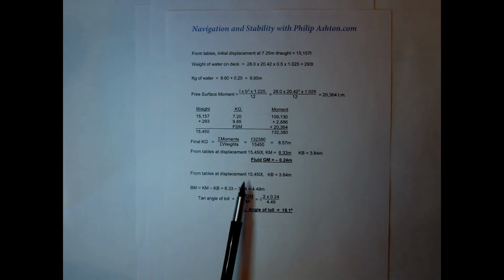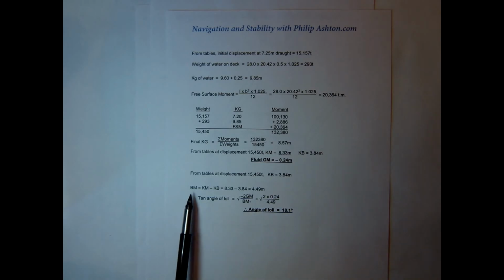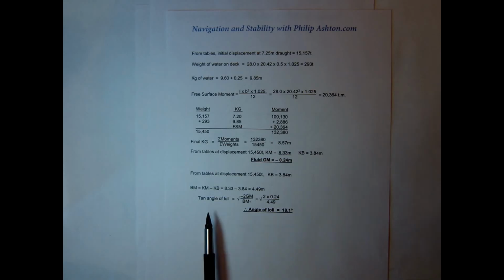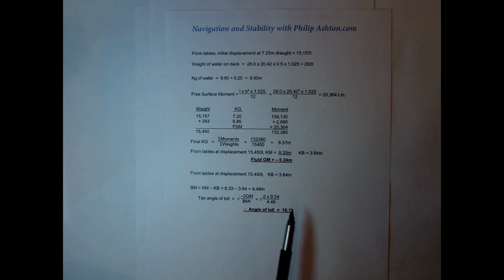As I say, from the tables at 15450 we got our KB of 3.84. Therefore the BM for the formula for the angle of loll is KM minus KB: 8.33 minus 3.84 is 4.49. So all we now do is put that information into the formula. There's our GM carried forward, our BM put into the formula, and now we can work out our angle of loll,